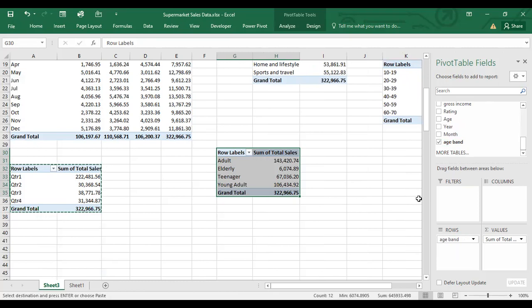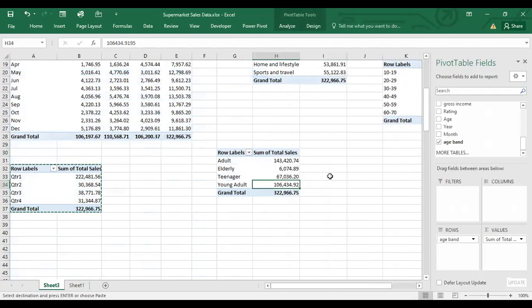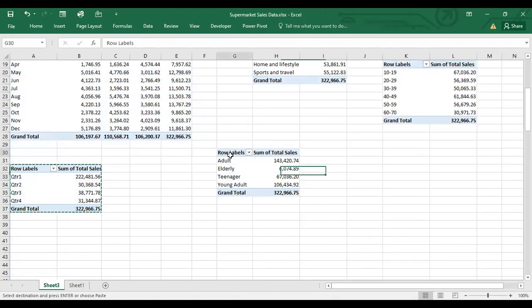So we have more sales from young adults this time around. Oh, sorry, we have more sales from the adult people, followed by the elderly, teenager, and this. So that is that. Let's see the last one here. Let's analyze by payment type, how they are paying, those who are using card and those who are using